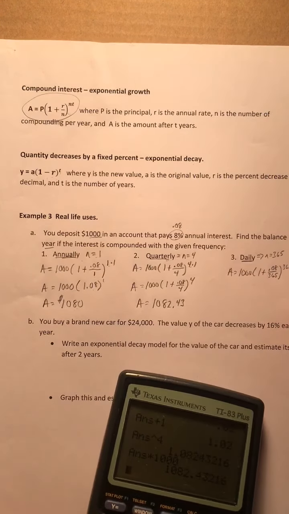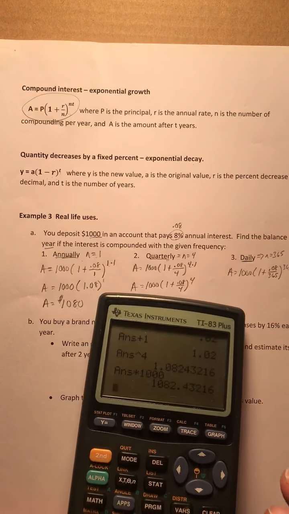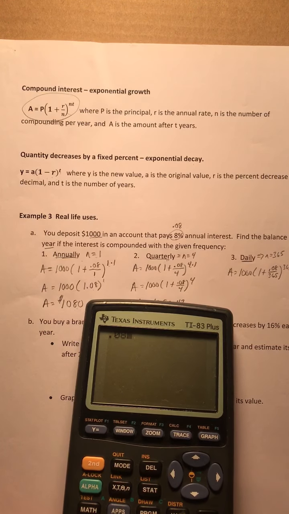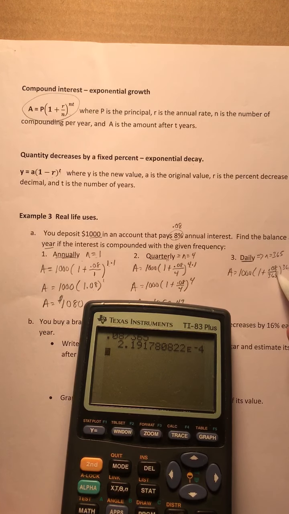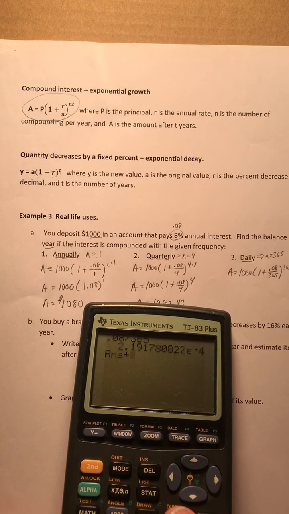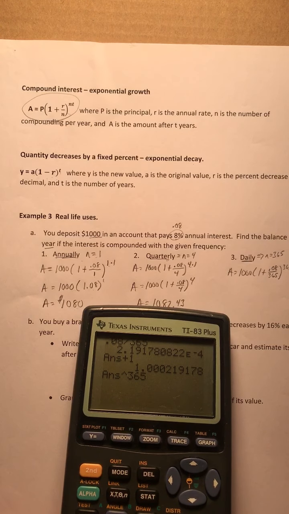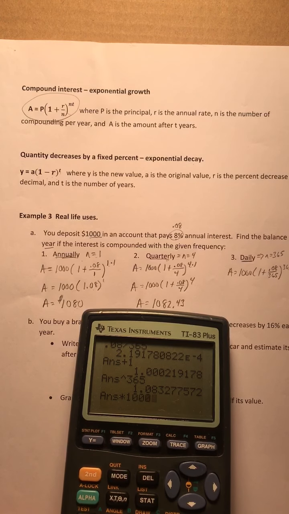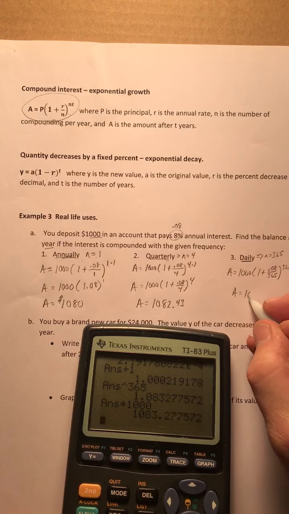All right. So again, I would just do the 365 times 1, get 365, and then just put it in the calculator. So again, in the calculator, it's going to look like this. I'll clear the other one out. We got 0.08 divided by 365. Enter. So again, I do this first. Then plus 1. Enter. Then to the 365 power. Enter. And then times 1,000. And enter. And now we got A equals